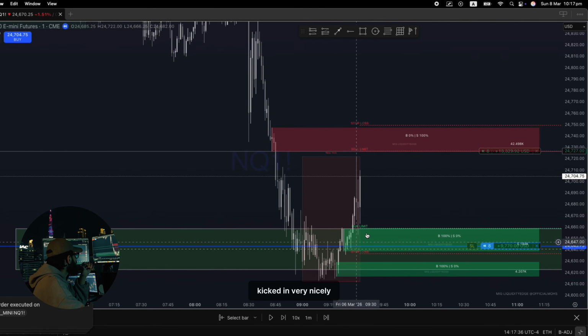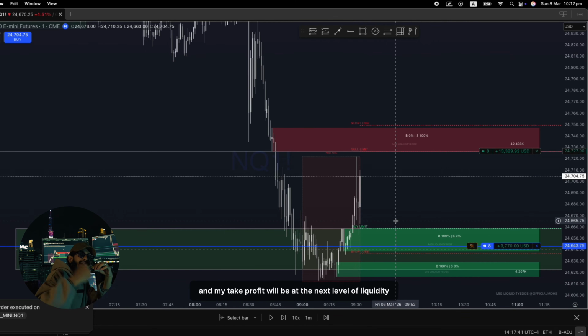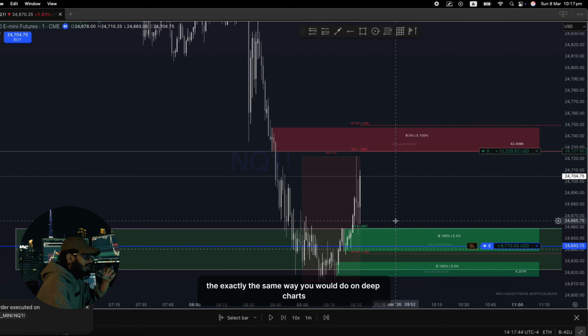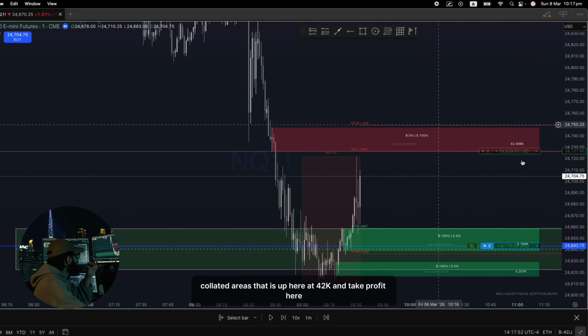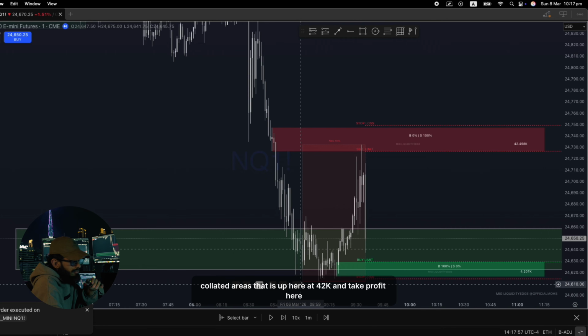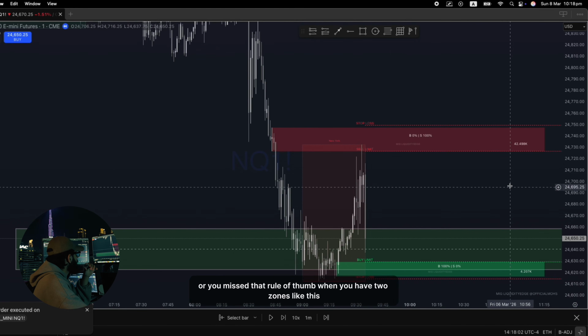Kicked in very nicely. I think there's around 6 points of drawdown on this, and my take profit will be at the next level of liquidity, exactly the same way you would do on Deep Charts, Sierra Charts, or order flow. We look for this high volume, high liquidity, collated area up here at 42k, and take profit here, right? If you want to take the exact same thing down, or you missed that,